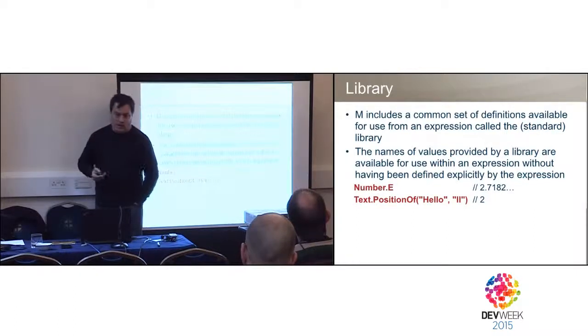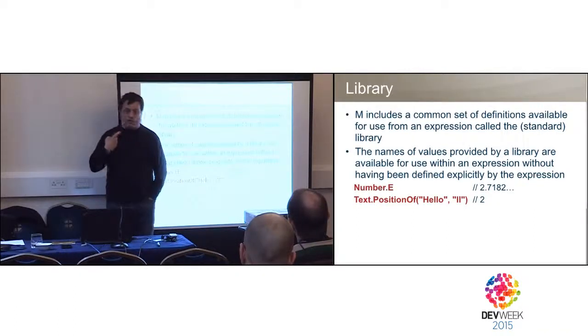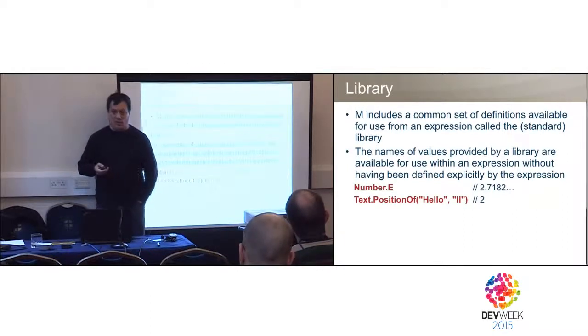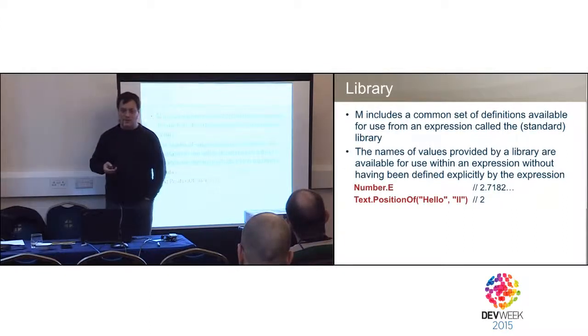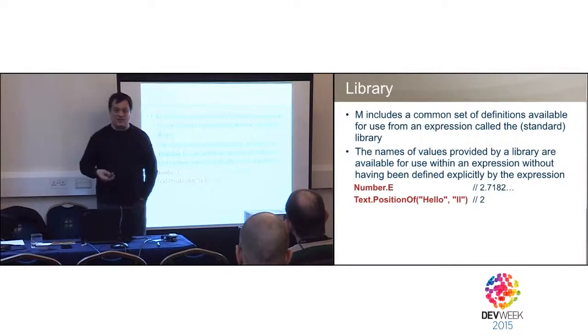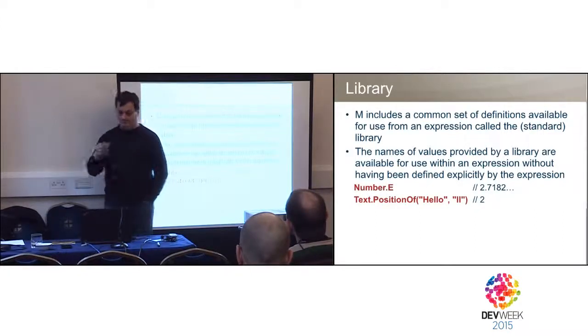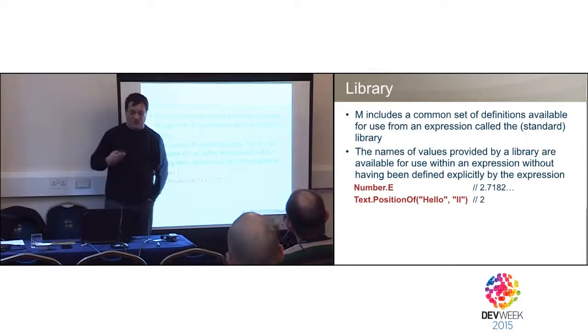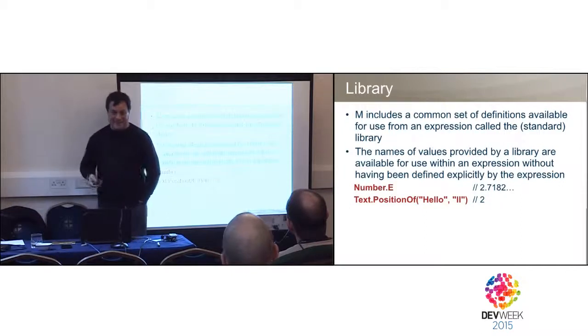Now, there are common definitions, constants, and common functions that are very, very useful, and these are defined in the so-called library. And apparently, M currently supports only a single library, which is called Library. So Library is the name of this single library. I wonder what will happen when they add another library, but